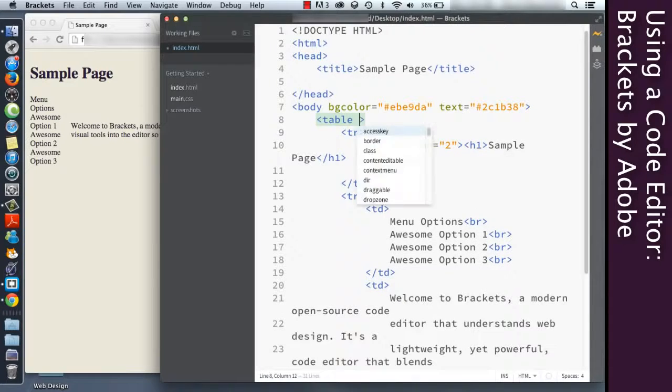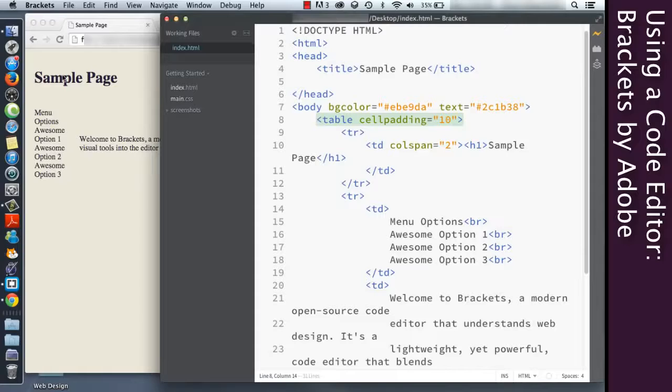Now, what I was going to do is add some cell padding, and so I'm going to do that now. And what live preview does is once I've made the change, once I save it, it will automatically update it here. So I'll just do Command S, and you can see automatically the change.